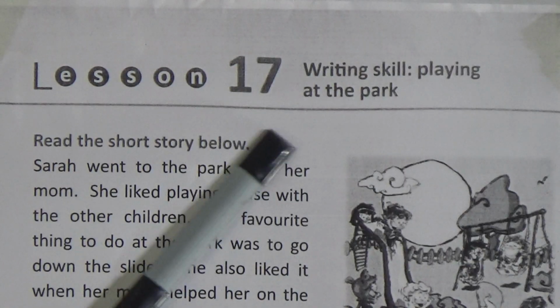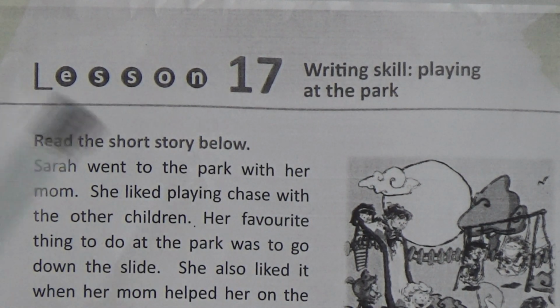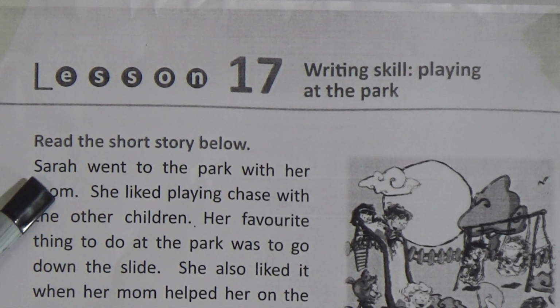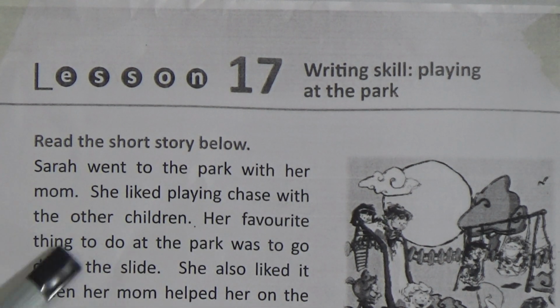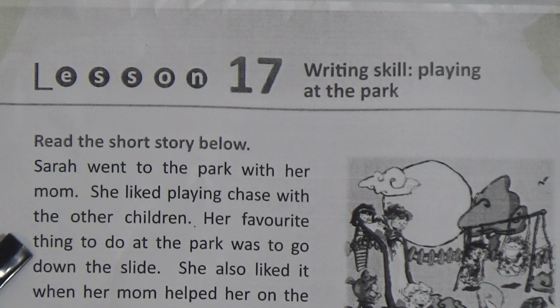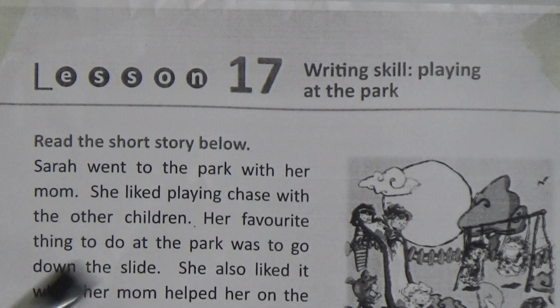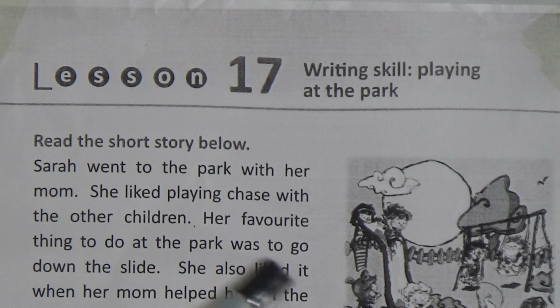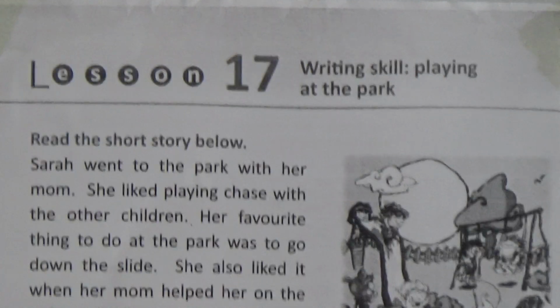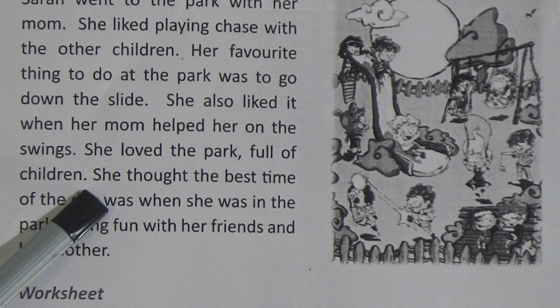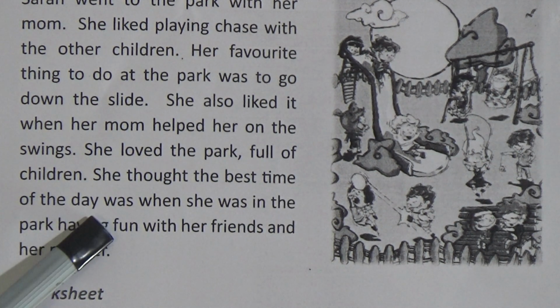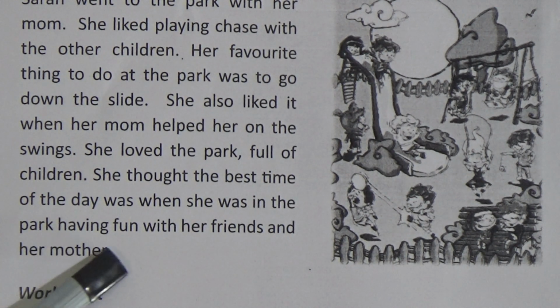Our next lesson number is 17, writing skill, playing at the park. Here we will read a short story and we will do a worksheet from it. See: Sarah went to the park with her mom. She liked playing chase with the other children. Her favorite thing to do at the park was to go down the slide. She also liked it when her mom helped her on the swings. She loved the park full of children. She thought the best time of the day was when she was in the park having fun with her friends